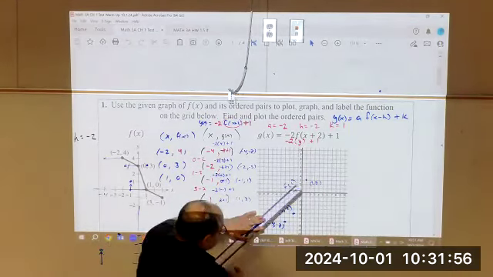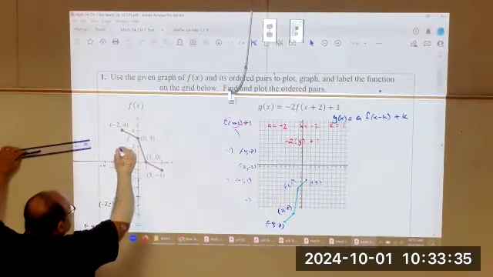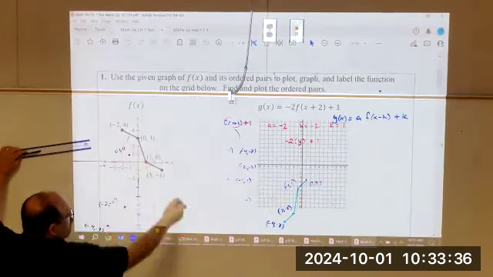So -4, -7 would be right about here. -2, -5 would be right here. -1, 1 here. And then 1, 3. So if I actually graphed it on the same picture in 2 axes,